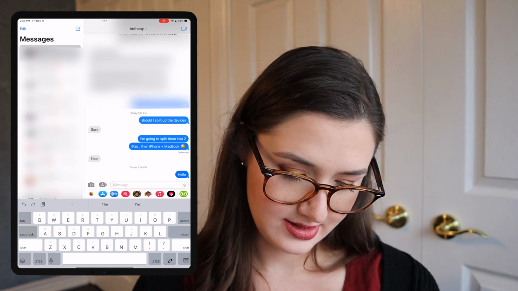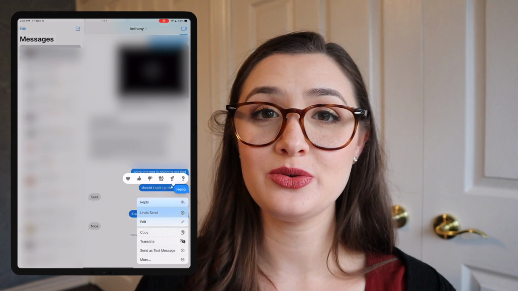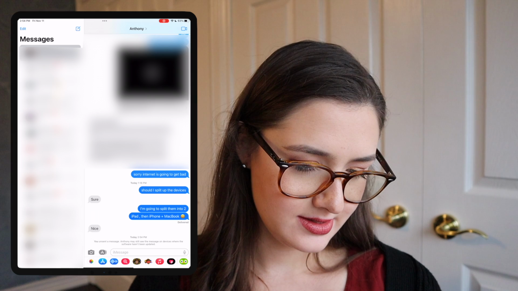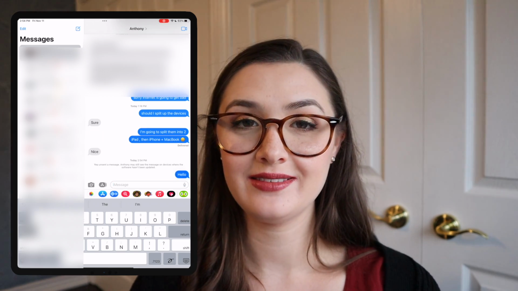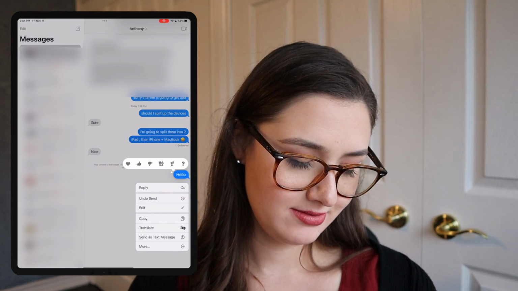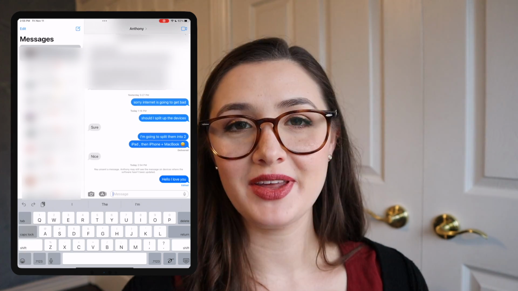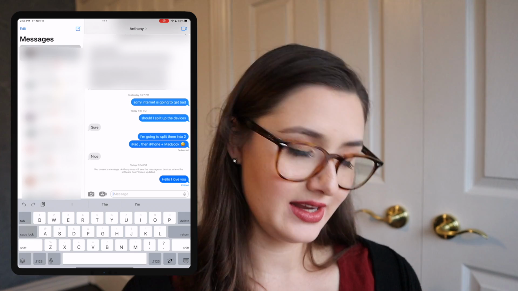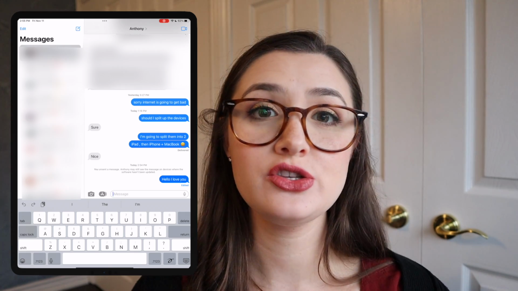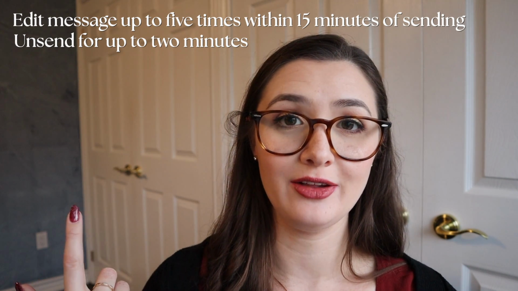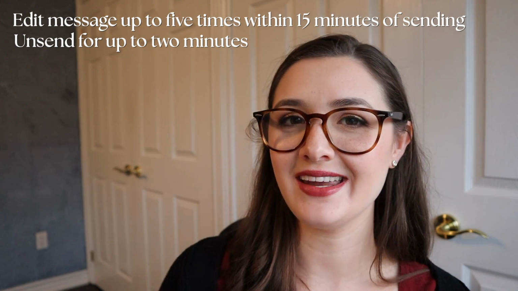I can undo send, which makes it disappear. And they do get a message saying I unsent the message, but then I can also edit it. You just hold down the message, and then I can say hello, I love you. Click the check mark. It will edit your message and say edited. Now, you're only able to do this within a certain amount of time. I'll put the amount of time on the screen because I honestly forget how long you're able to do this. That is a great new feature. Could be a lifesaver depending on what you accidentally send to someone.